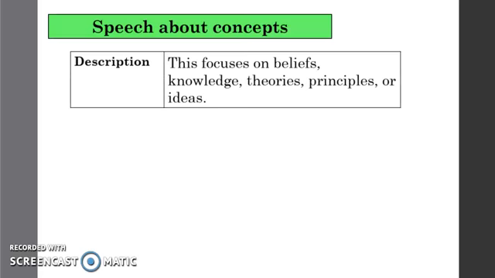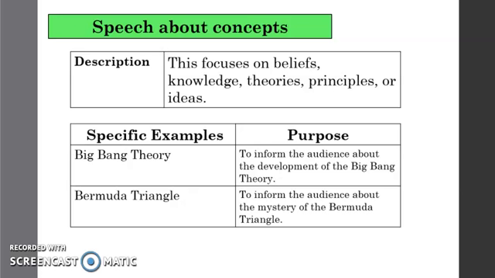And on to the last type of informative speech, we have the speech about concepts. This focuses on beliefs, knowledge, theories, principles, or ideas. Some examples could be the Big Bang Theory. Your purpose in writing this one, or having this kind of informative speech, could be to inform the audience about the development of the Big Bang Theory. And another example, we have the Bermuda Triangle. Your purpose could be to inform the audience about the mystery of the Bermuda Triangle. So those are the types of